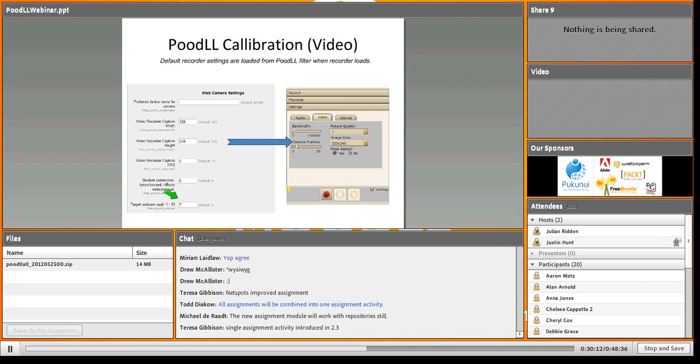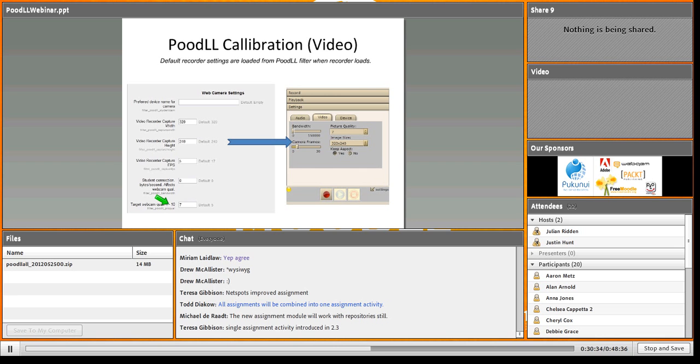And either of these should be set to 0. So the bandwidth should be set to 0, or the web camera quality set to 0. And then Flash will figure out the best settings for the 0-based setting. So I suggest you set the bandwidth setting to 0 and then play with your webcam quality to see what gives you the best results.